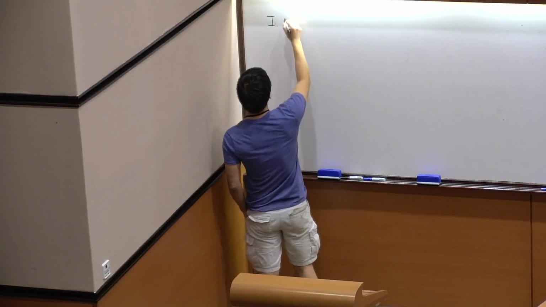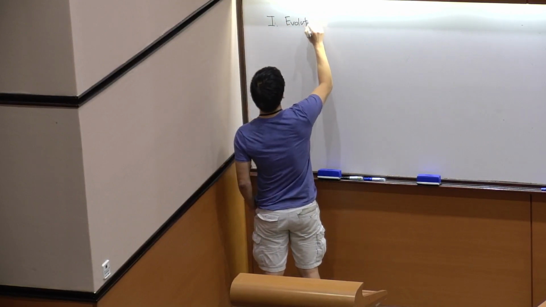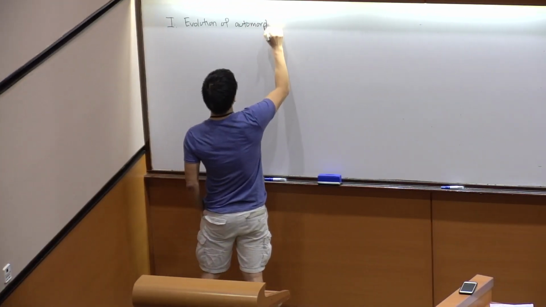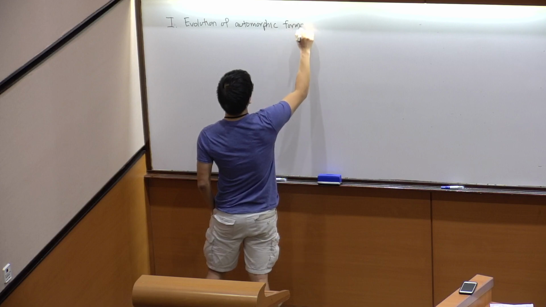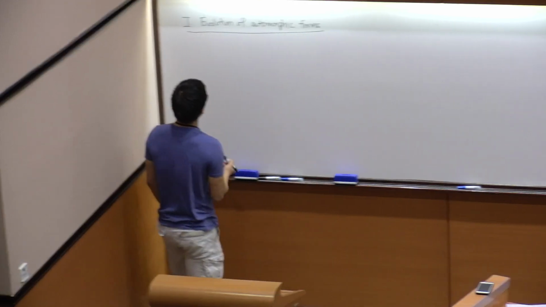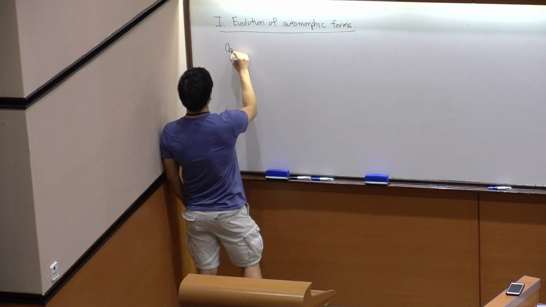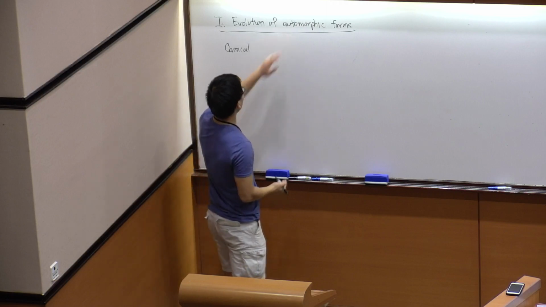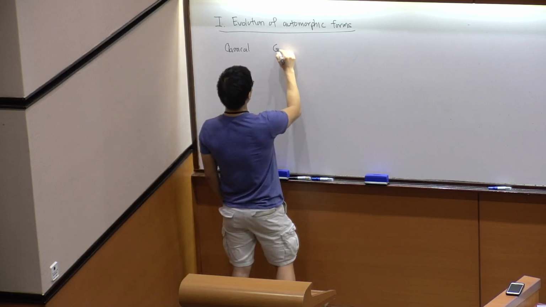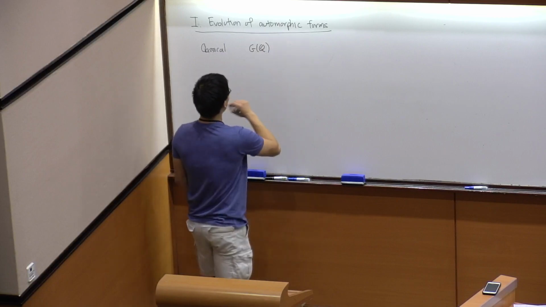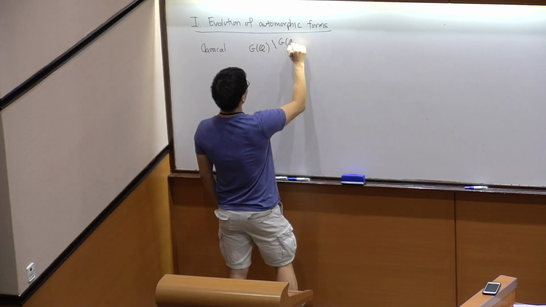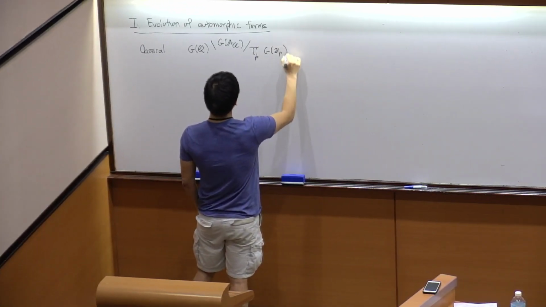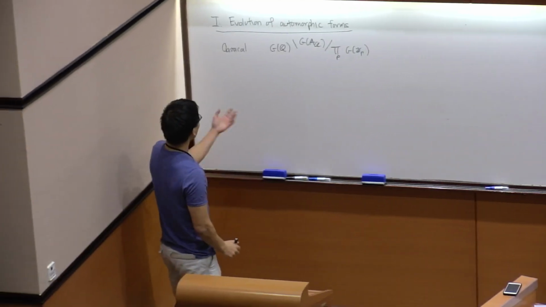So I want to begin by giving a little survey of the evolution of the notion of automorphic forms. Starting with maybe the version that we've been discussing, which I'll call the classical setting. And in this setting, you consider an automorphic form to be a function on a locally symmetric space, such as, maybe take a connected reductive group and I consider some coset space. Like so.